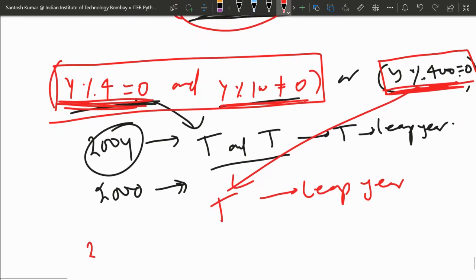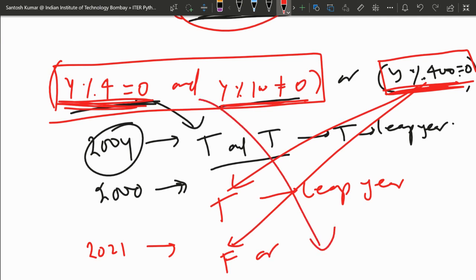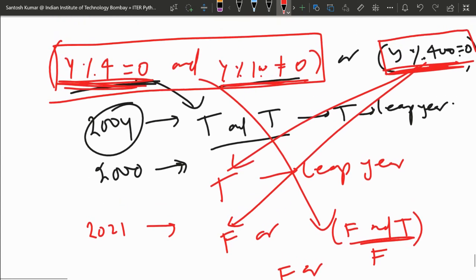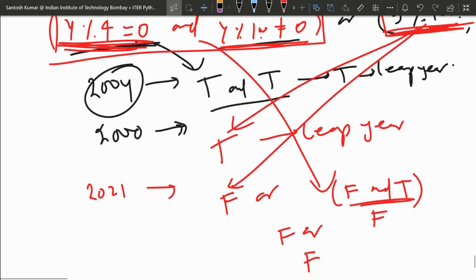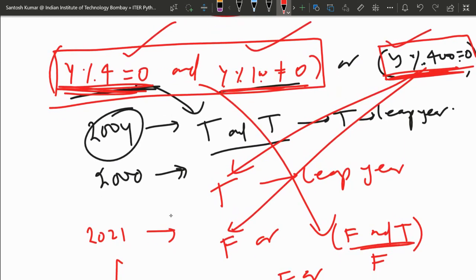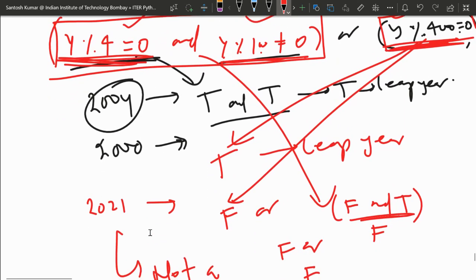So this is the condition, and you may check like 2021. So for 2021 this will give false. Okay, this is gone. Now we will check this. Divided by 4, remainder 0? No. And when you divide by 100, remainder is not 0? Yes, this is true. So false and true is false. You might have seen this boolean thing. False and true is false. So false or false is false. It means in either condition it will give false. So this is not a leap year. So please check that condition manually using this mathematical expression.